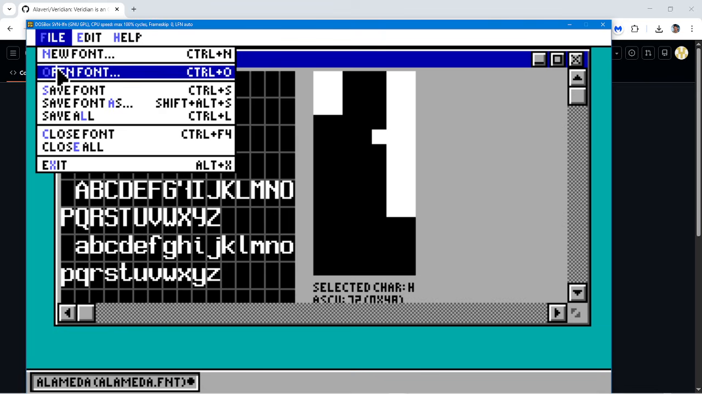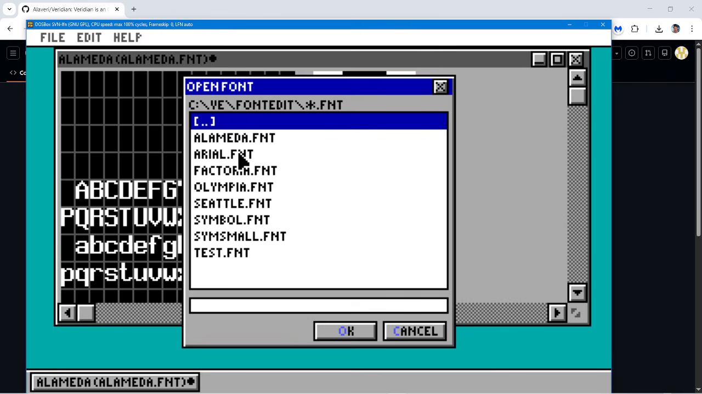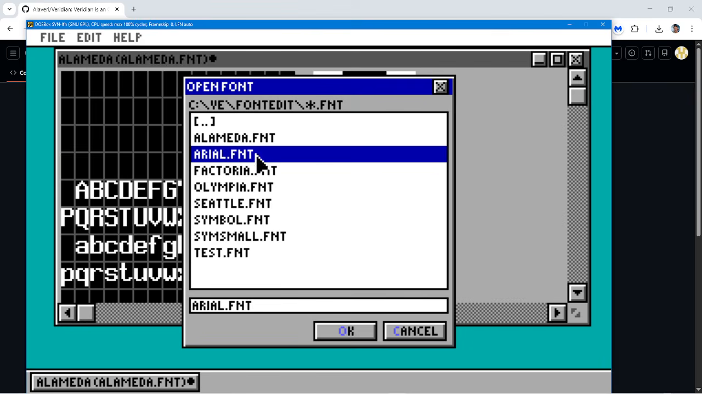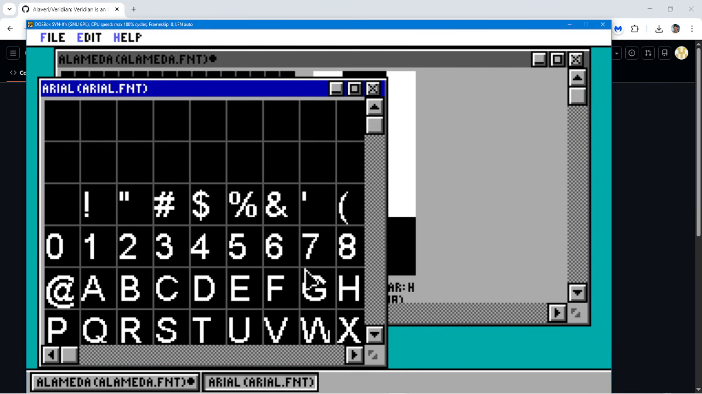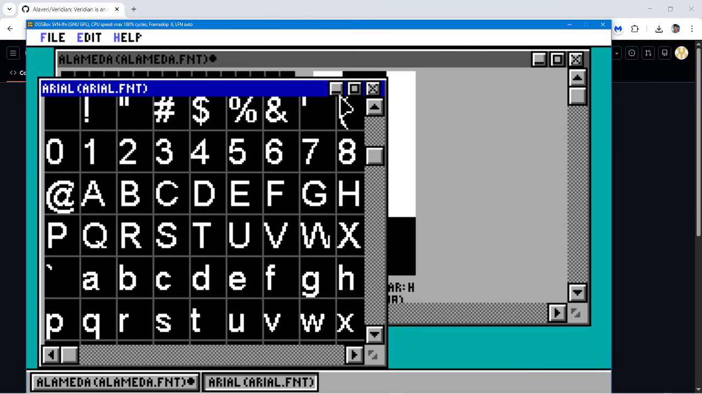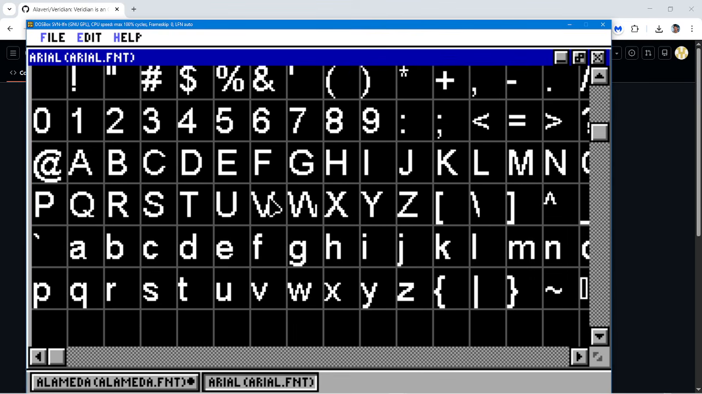So if we go open font here, we could choose Arial. This is not normally included in the font set, but this is something I converted from a Windows font. You can see it here, it works just fine. So we have unlimited fonts again for this toolkit. And so if you want to develop a small DOS app with a GUI, I think you should